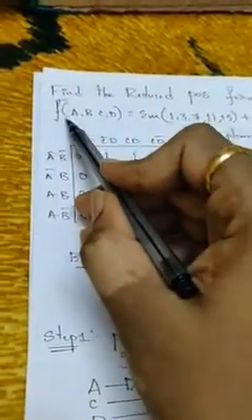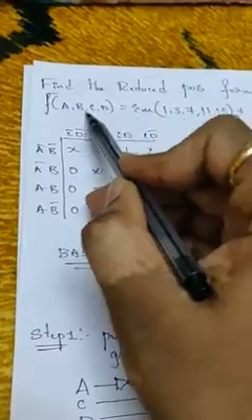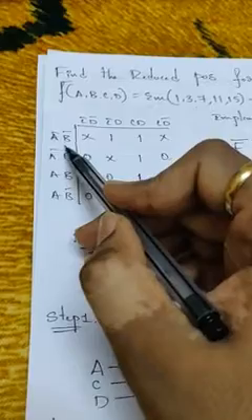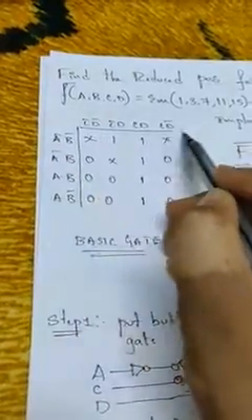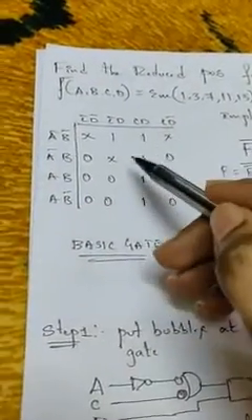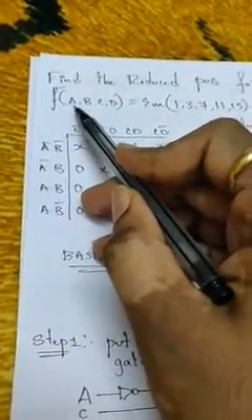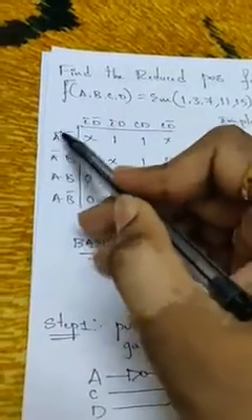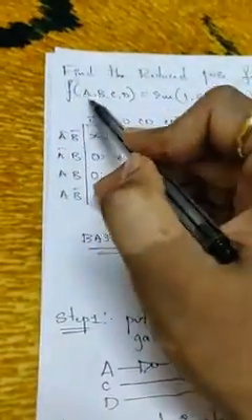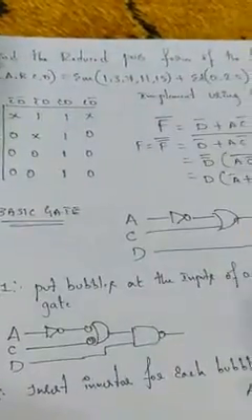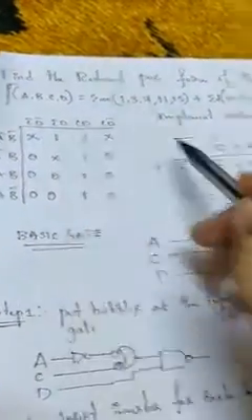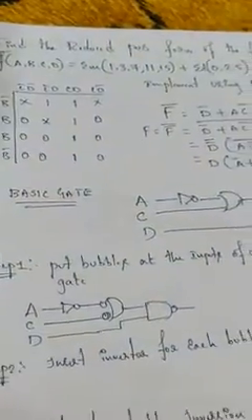Second thing, whenever in the expression they give F of A, B, C, D, look at the F of A, B, C, D, they are in capital letters. So make sure that when you write the expressions, these things should be in capitals and the expression should be in capitals. In the previous problem, I didn't follow these things, but you need to follow them. If they give small letters like small a, small b, small c, make sure that all these are small letters. If they give PQRS, make sure that these are PQRS. WXYZ, WXYZ. If they give capital letters, write capitals. If they give small letters, write small letters.